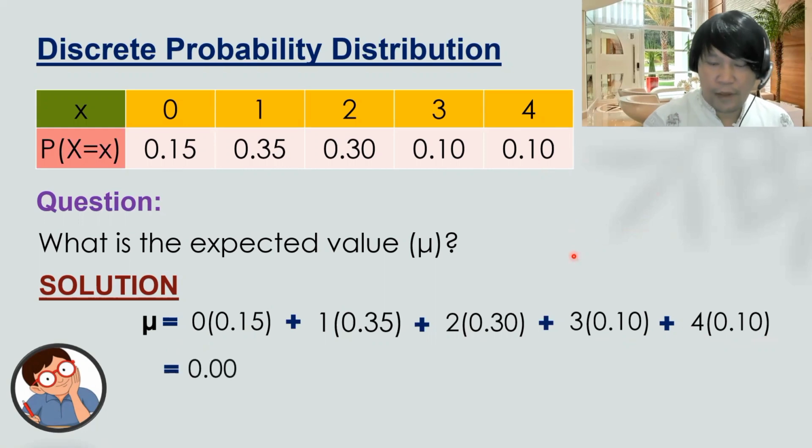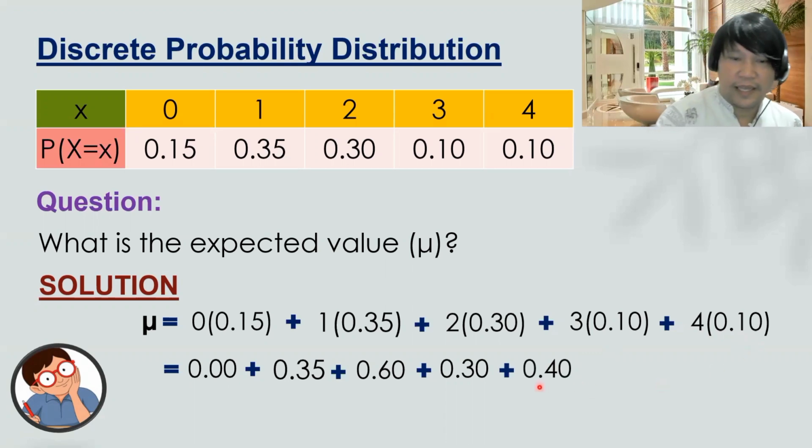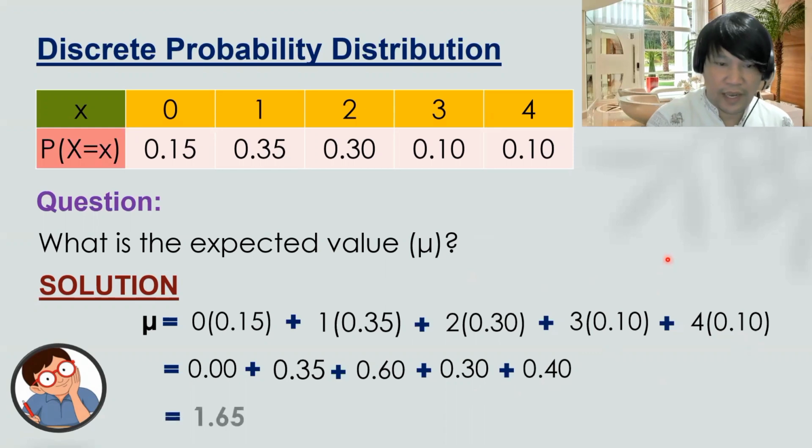And for number 1, we have 0. Number 2, we have 0.35. For number 3, we do have 0.60. And for number 4, we have 0.30. And last one, we do have 0.40. Then after that, we have to get our summation. Okay, therefore, the answer is